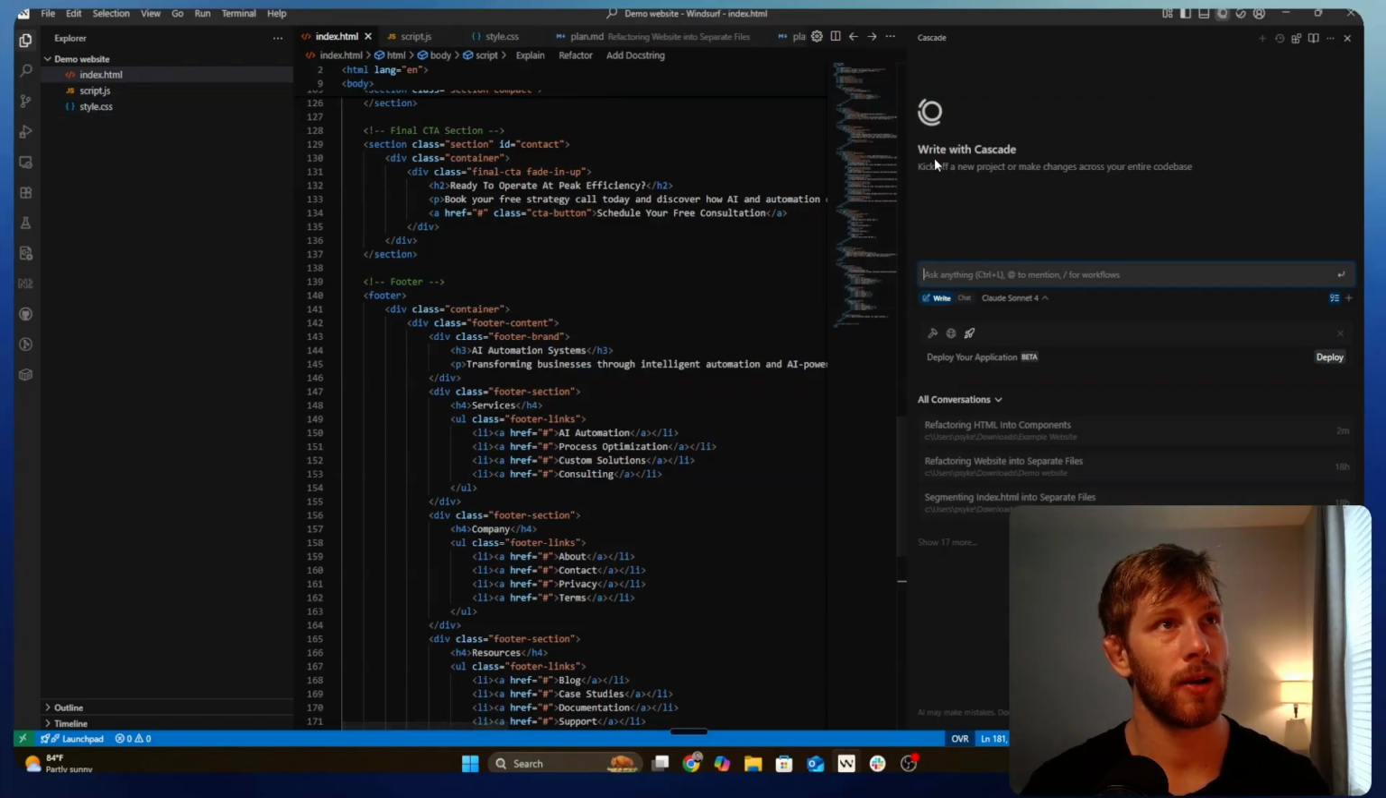So all we're going to do is come back over to this Cascade editor, making sure that we're using Claude Sonnet 4. And I'm going to use my voice to text. This just makes my life easier. Please go through and generate an About Us page and ensure that the index.html file has been properly linked to